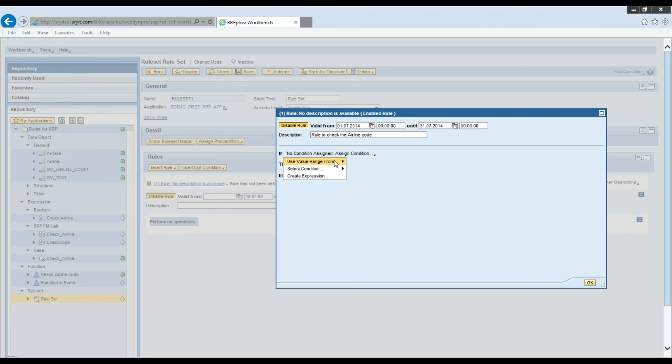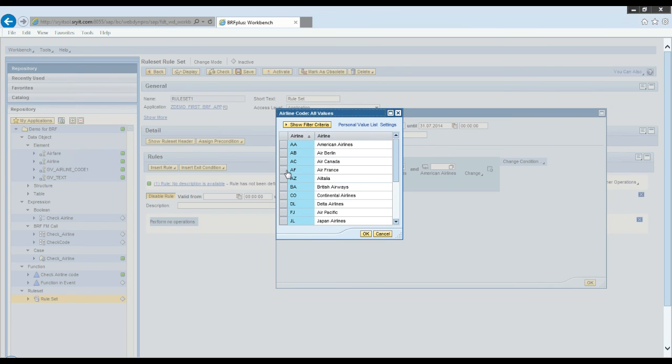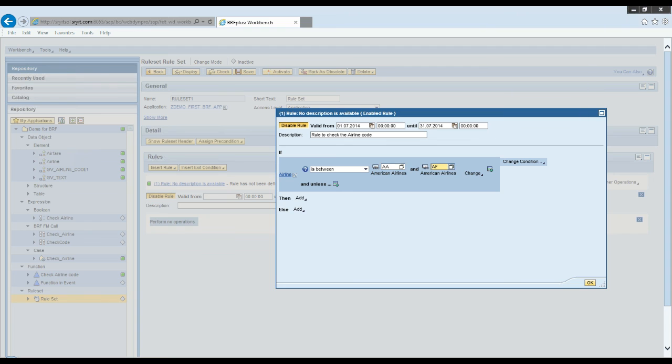I can write the condition. I can say if my airline code is between American Airlines and Japan Airlines, or let's say Air France, then perform an action.